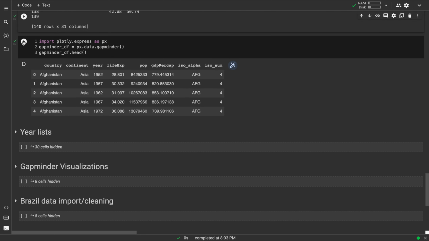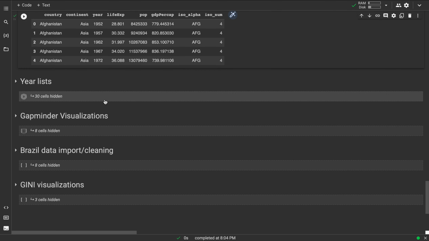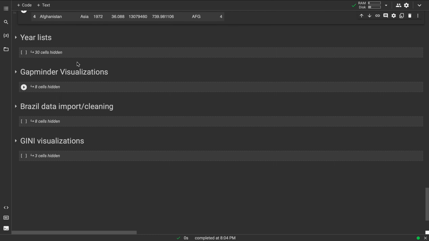Then we also here imported the Gapminder data set because we knew that this was something that we wanted to consider in drawing our conclusions, especially the population and the GDP per capita data that was reported in this data set. So our next step was to,